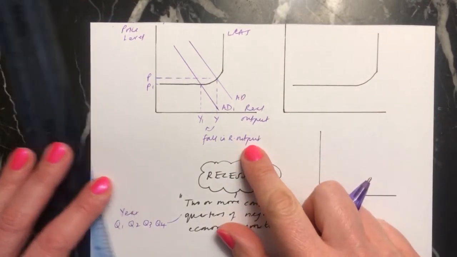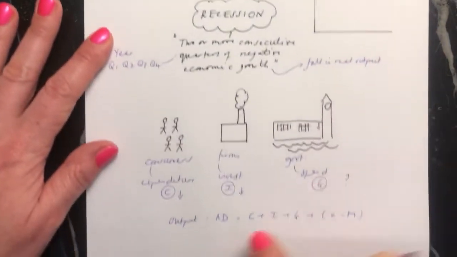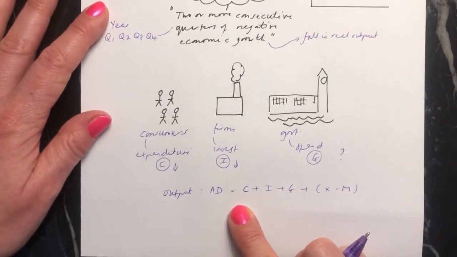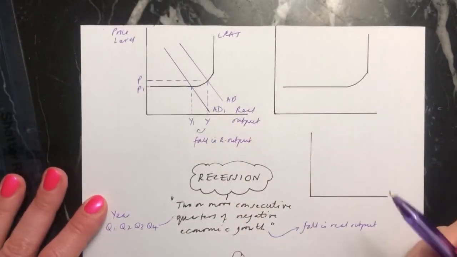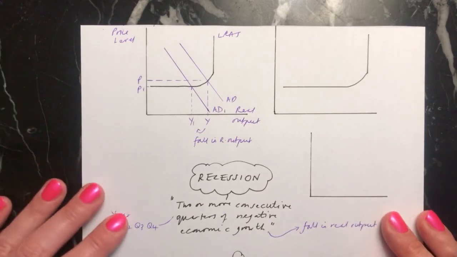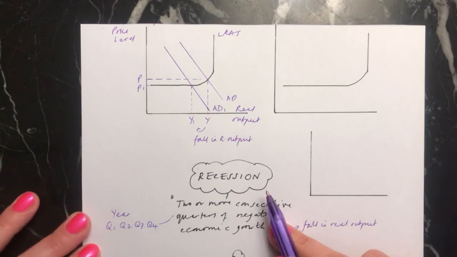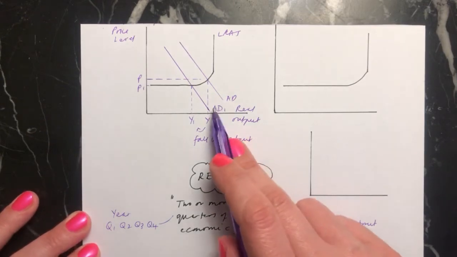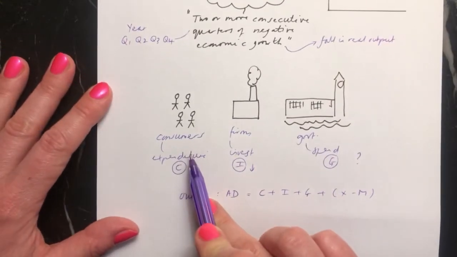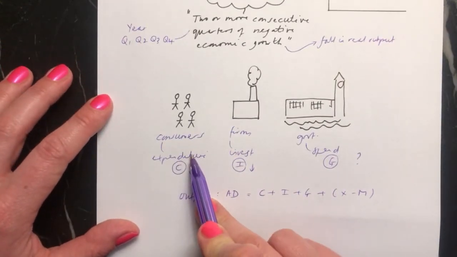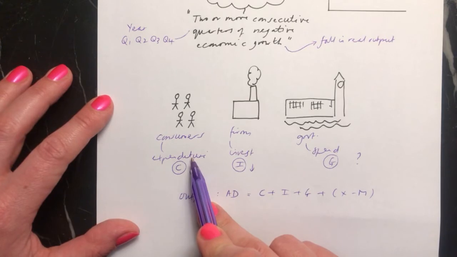So that's one way. You could have a fall in aggregate demand, which is what we were explaining here, and that could lead to a fall in your output in your economy. So at the moment with coronavirus in the UK and in the world, it's likely that we're going to go into recession because our aggregate demand is going to be falling, largely because consumers aren't spending as much money, some people are losing their jobs, and other people who are having to stay at home aren't spending as much money